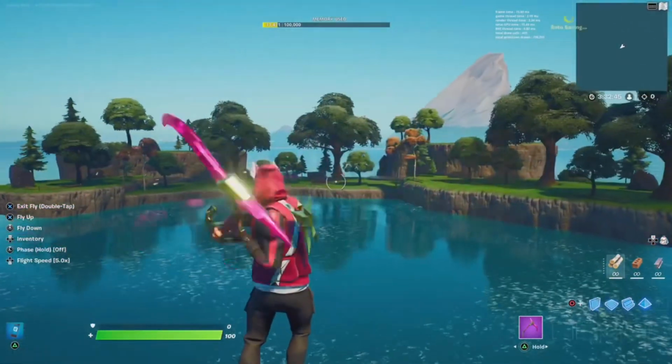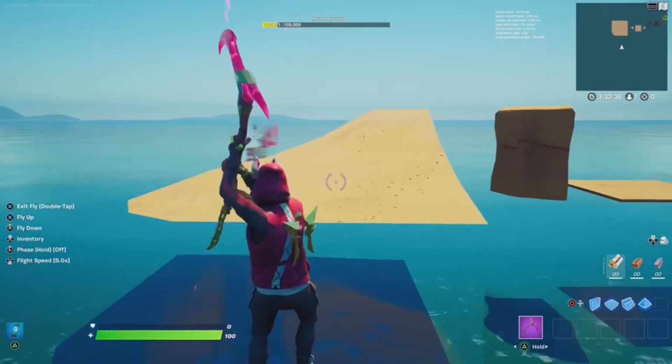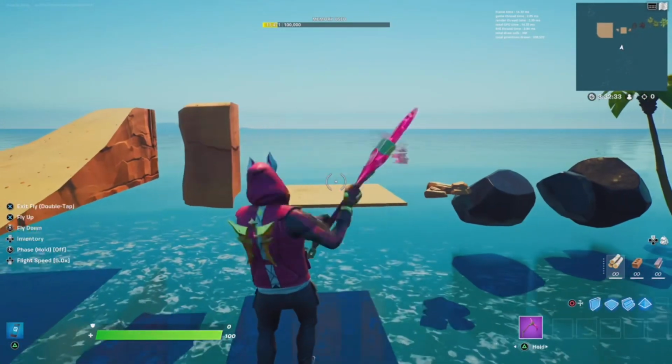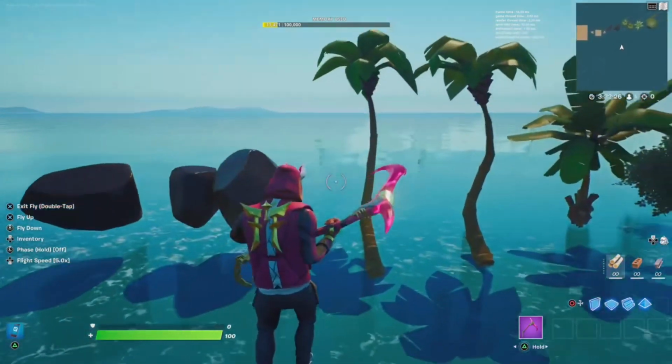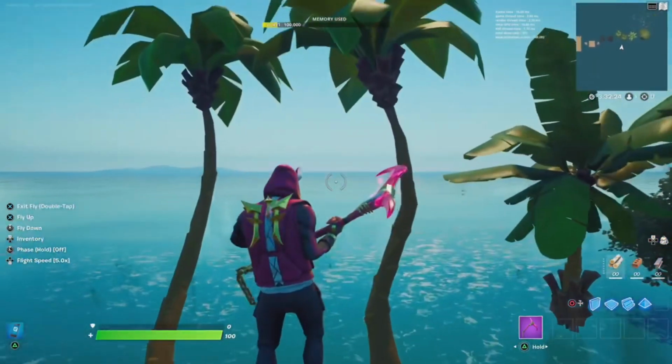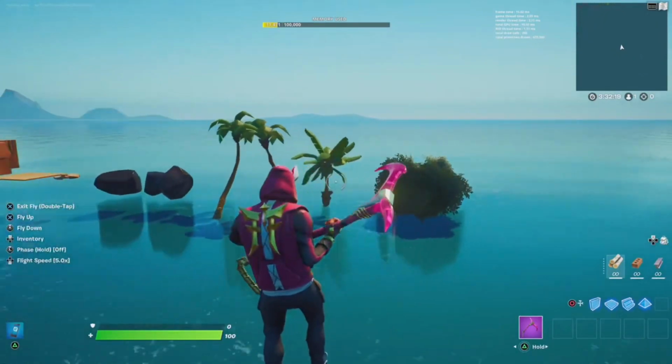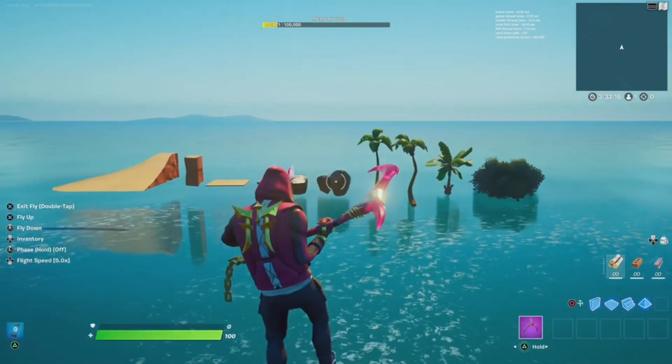So as you can see, I have made some terrain around where I'm going to be building my beach. Here's what you will need: this sand dune piece, these two desert terrain pieces, this desert rock and whatever other rocks you wish to use, your palm trees, and a bush. I will also show you how to decorate your beaches with props later on.